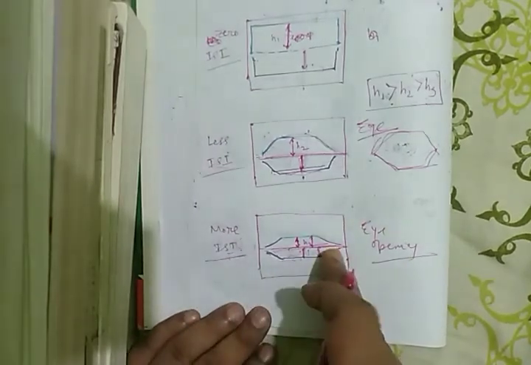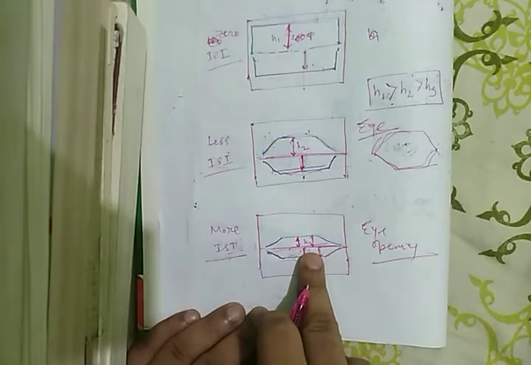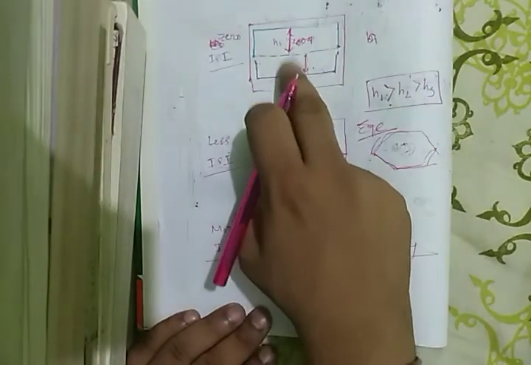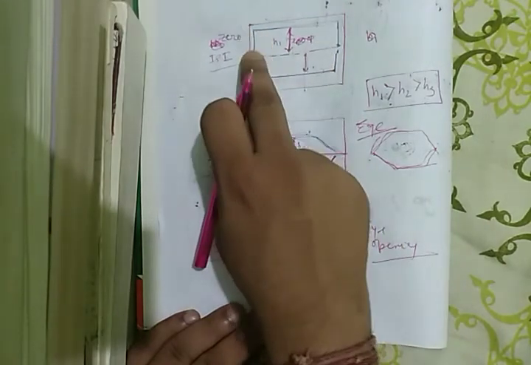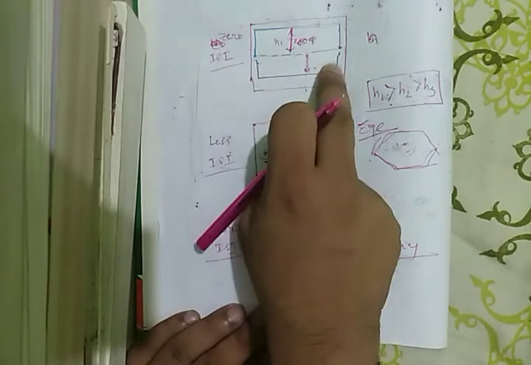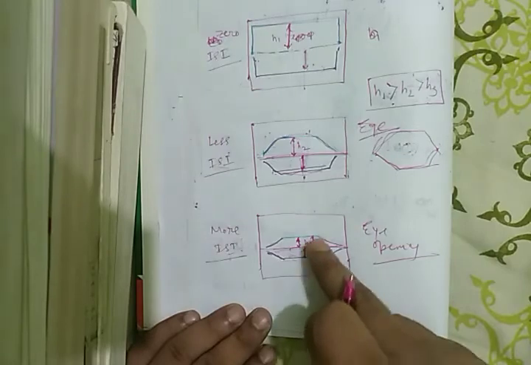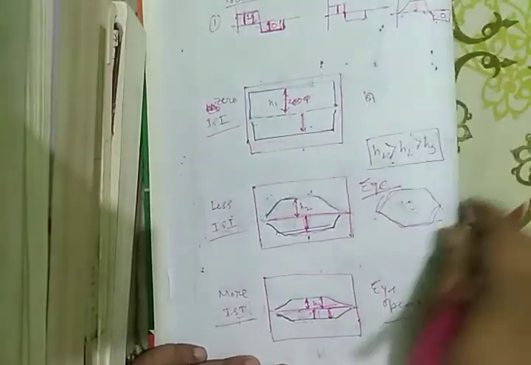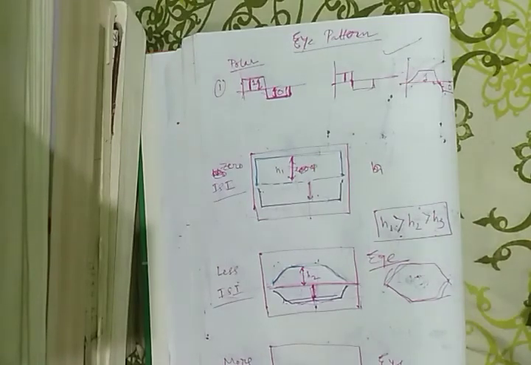So by looking at the oscilloscope, we can conclude that if the eye opening is very less, there is too much interference effect in this signal. Whereas if the eye opening is more, we can say there is very less ISI or very less interference effect, and the 1 and 0 that you are receiving are very clean. But in this case, the 1 and 0 that you are receiving are more noisy. This is basically the eye pattern, and in this way, by using an oscilloscope, we can find out whether the received 1 and 0 have less interference effect or more interference effect, that is, less ISI or more ISI.